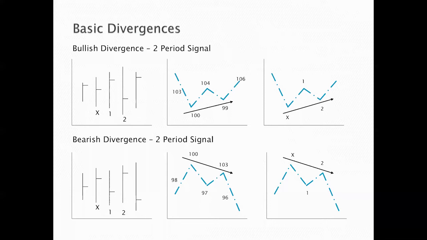The tighter the signal, the stronger. And if this upper right chart turns out to be a real divergence, bullish divergence, you're going to see what looks like a positive reversal. And we'll discuss that. The bottom, same thing, points X1 and 2. It rallied to 100, sold off, rallied back to 103, closed higher. And the chart on the lower right is a 2-period bear. So let's go to the next one.